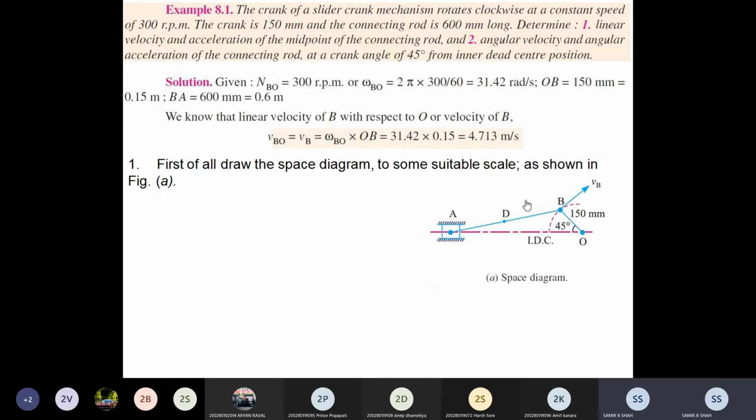Okay, in the previous example, or you can see right now in the data, the speed is given to you. So you convert it to omega with the calculation omega is equal to 2 pi N by 60, and then you may start to find the magnitude of that link, that v is equal to r into omega. Okay, every time remember that the data given to you, the dimensions, are mostly given in millimeters.